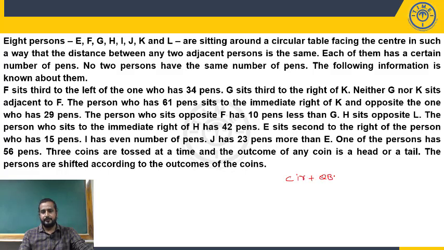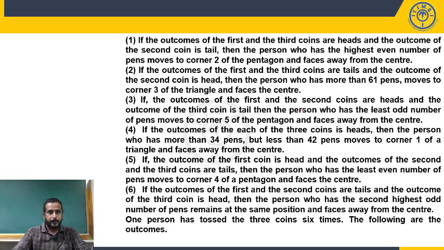It is our traditional model circular arrangement with some values, QBR, quant based reasoning. You know how generally this kind of question will be solved. Let us see what is the importance of this in this kind of puzzle, instructions based. First we have to arrange the persons in a circle, and also identify how many pens each person has, meaning E has how many pens, F has how many pens and so on. Later, after identifying this, here are the instructions.